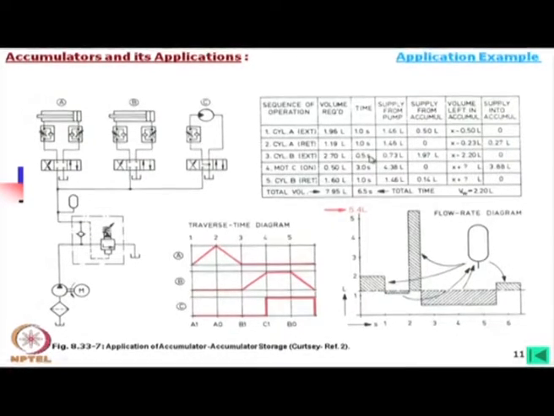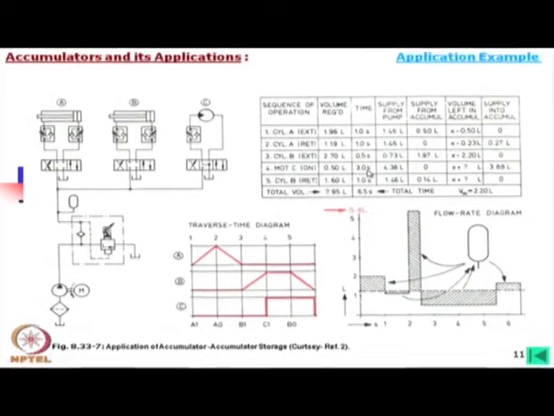This might be due to the pressure requirement. It is taken like this. So, 0 is accumulated in the accumulator. In case of C, the motor is running, 0.50 volume requirement